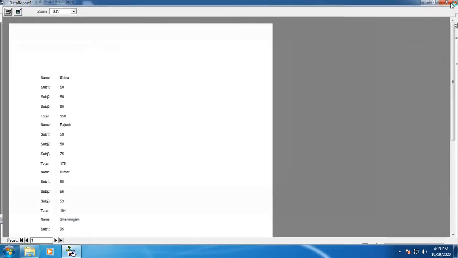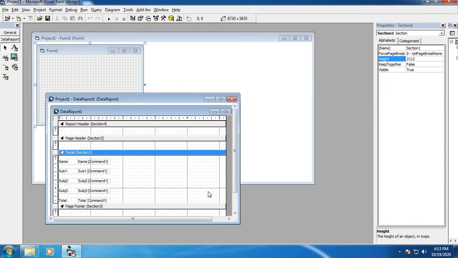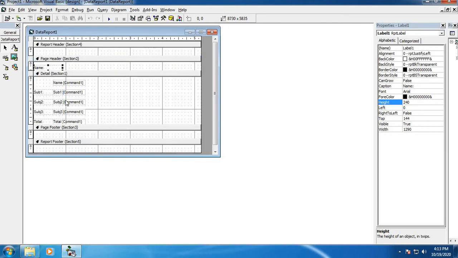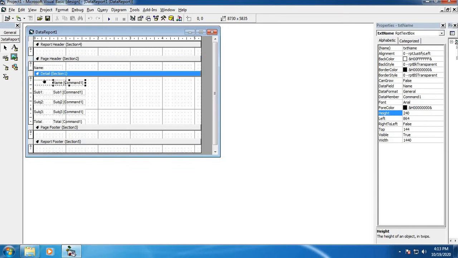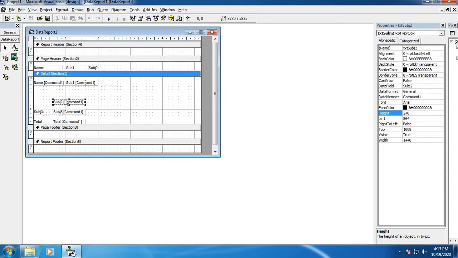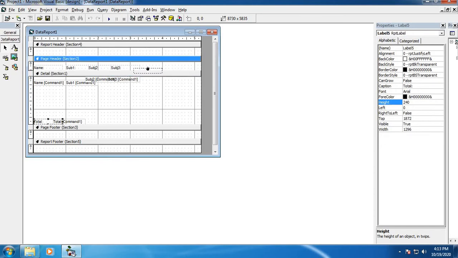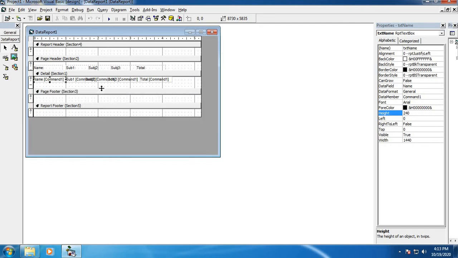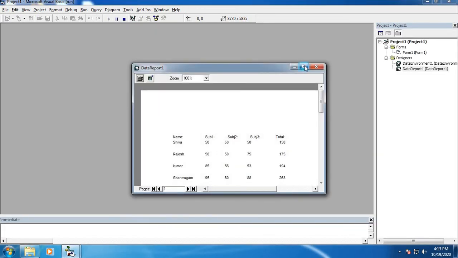If you want to arrange the data fields in a list manner, take out the first attribute, and drag it over into the header section. Then take the second header and third header, and move the fourth header and fifth header. If you arrange like this, you will get the data one by one, looking like a list, right? Fine.